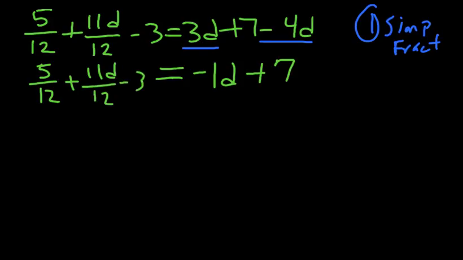Now, at this point, I need to get rid of the fractions. So I'm going to multiply everything by 12. Well, when I multiply this by 12, the 12s are going to cancel, and I'm going to get 5. That's pretty easy. When I multiply this by 12, the 12s are going to cancel, and I'm going to get 11D. I like that so far. So plus 11D. When I multiply 3 by 12, I just get 36. That's easy. So minus